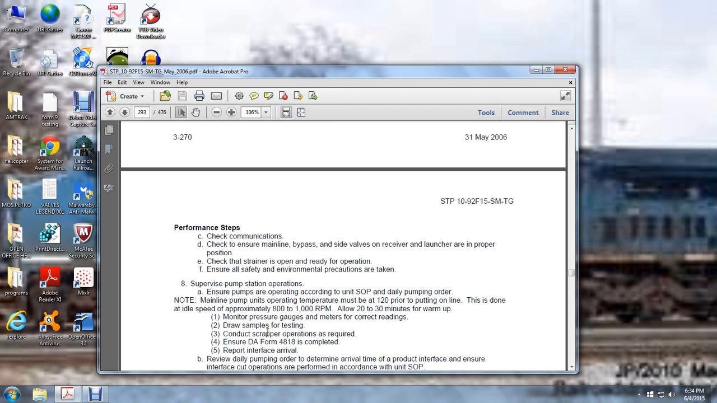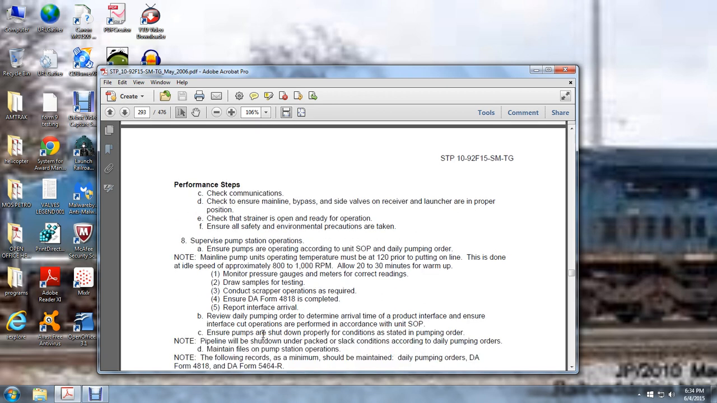Ensure DA Form 4818 is completed. Report interface arrival. Record on the daily pumping order the arrival time of the product interface, ensuring the interface operations are performed in accordance with the standing operating procedure. Ensure the pumps are shut down and the pipeline conditioned as stated in the pumping order. The pipeline will shut down under packed or slack conditions according to the daily pumping orders. Maintain the files of the pumping station operation. File the records, which at a minimum should include the daily pumping orders,